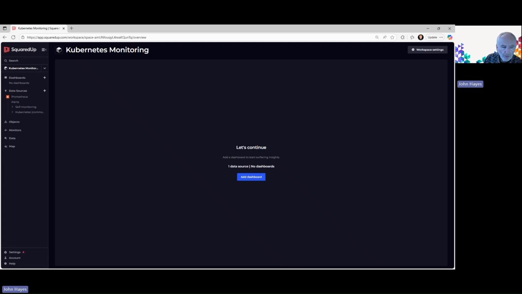So one important indicator of the performance of my services is the HTTP request duration. And in our sample application, we've got a shopping cart application. So I might be very keen to make sure that that is highly performant, because I don't want to lose customers at the point where they're checking out if performance is slow and it takes a very long time for the pages to load, etc. So what I'm going to say is add dashboard,